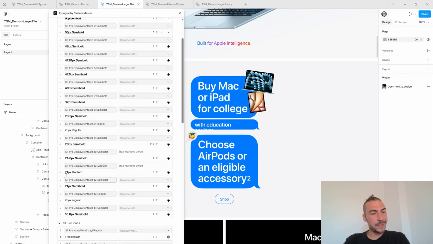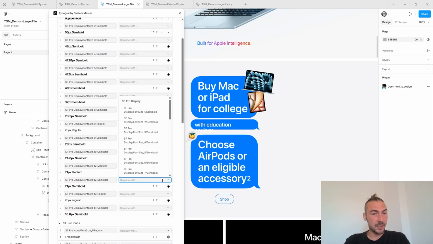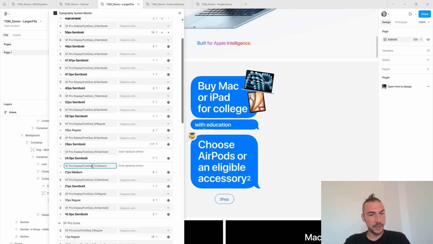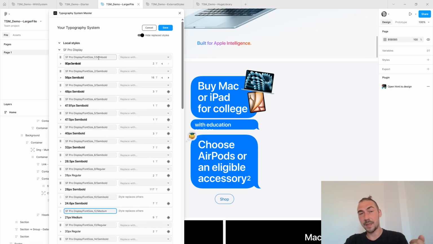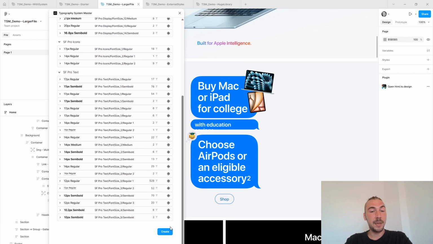We can also, instead of just dragging and dropping, select the style we want to replace this one with. So for example, let us take this style name here and select this as a replacement. We can of course also rename our styles, because as you can see, the styles are currently just generated by the plugin, but of course you are free to customize that. So once you are done with your style merging and replacement, then you can hit save and apply the system